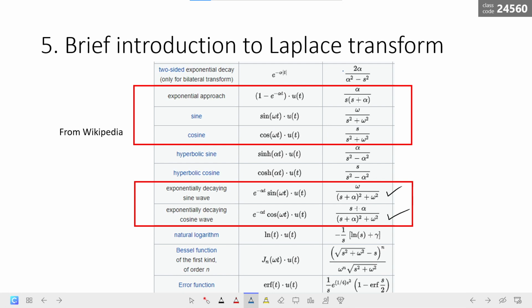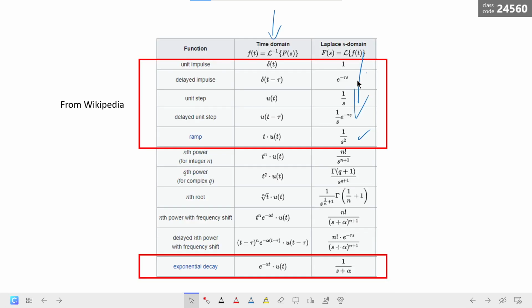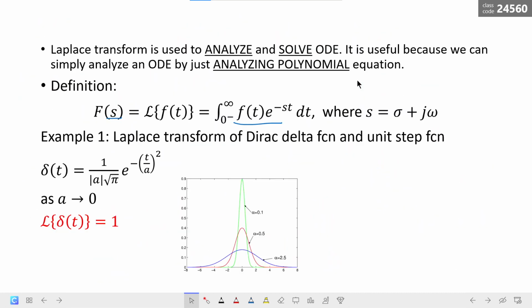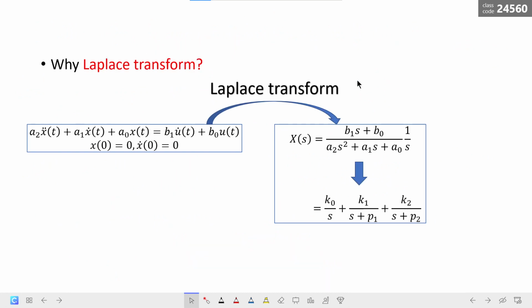So you can see that the Laplace transform takes the form of a rational function. We call it a rational function, which means the numerator and denominator are just polynomials. And if you can decompose it into canonical form, you can see from the very beginning. As long as you can decompose it into the canonical form, sometimes you have this,